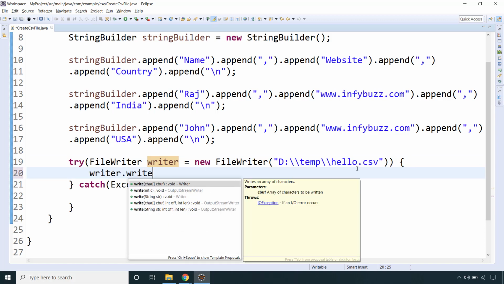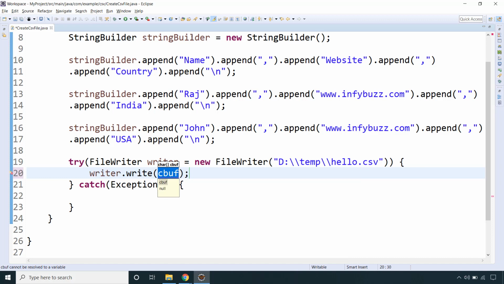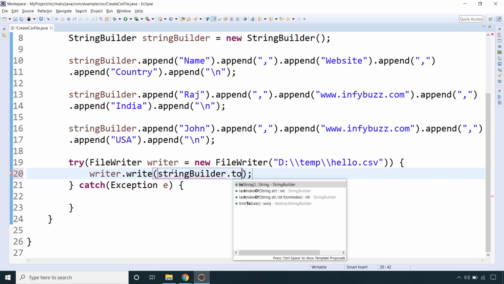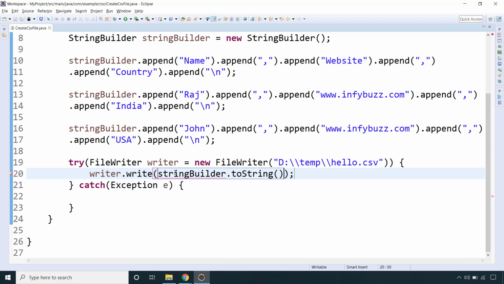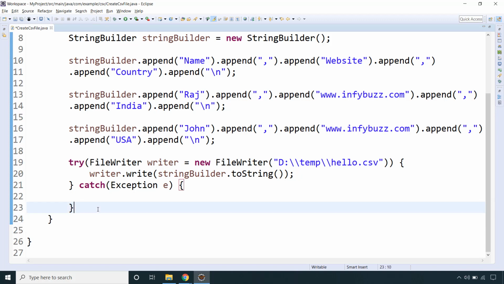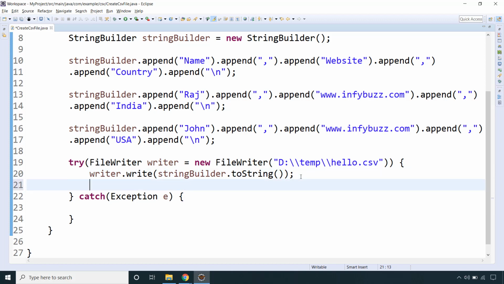Now using this object we will write the data to our CSV file, okay? So we need to call the write method, and we need to pass the string value, using the StringBuilder object's toString. And let's add one sysout over here, or you can have it over here as well: CSV file created.